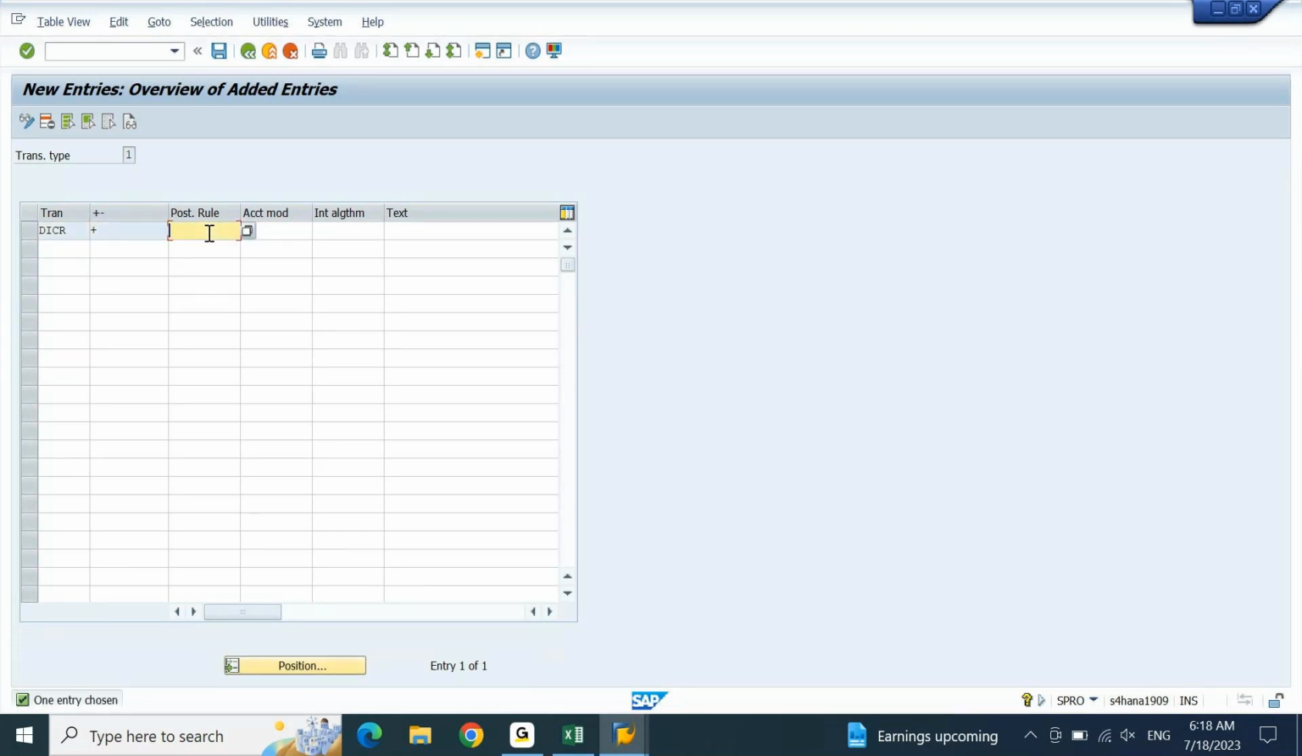Now the posting rule is also the same thing that we have created, DICR. Whenever there is a check receipt, I want the system to pass an accounting entry: bank main account debit, check incoming account credit. That is the posting mapping we have done in posting rule DICR. Next one,